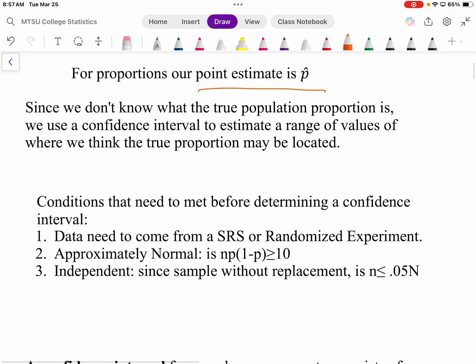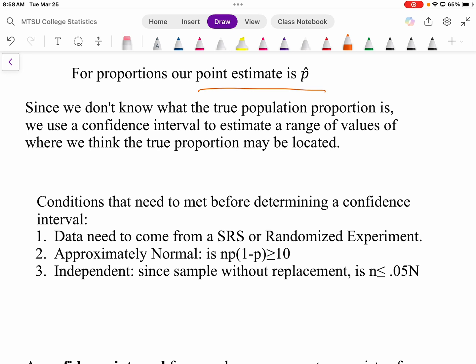Because again, when we think about the gummy worm factory, can they weigh every single bag and get the whole population of the stuff produced that day and figure out, okay, are we okay? The challenge is if they decide they're going to weigh every bag, they're going to slow down production. They're not going to get stuff shipped out, which means there's going to be shortages out there in the stores, which is going to hurt them financially. So that's why they take a simple random sample of bags periodically,